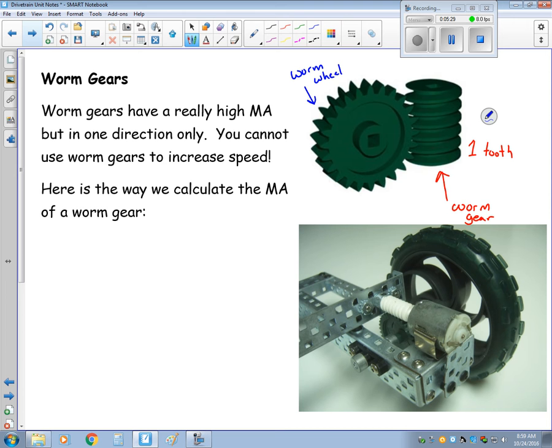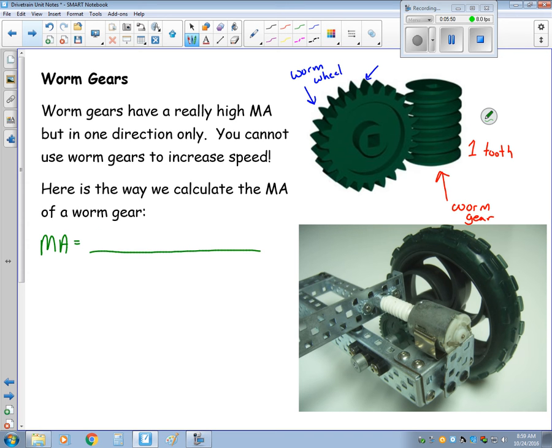If you carefully take a look at the teeth on this worm wheel, you'll notice that they are slightly helical themselves to match the worm gear. So you have to use a very, very special wheel with your worm gear. Then, when we go to calculate the mechanical advantage,